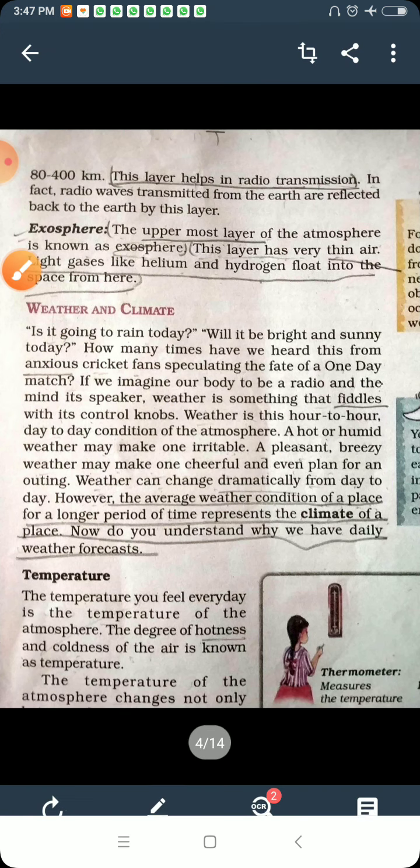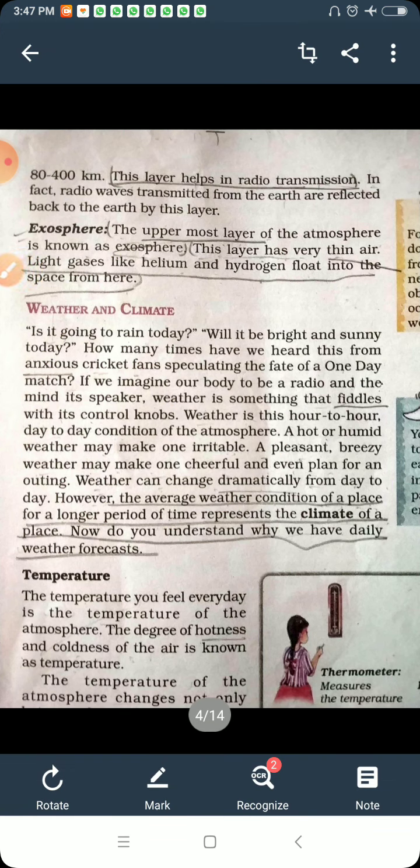Another is that weather and climate. So weather and climate is particularly in the form of definition, it is not discussed because last year we read about it. So weather क्या है? Weather है आपका day to day, एक ही दिन में जब आपको बहुत सारे changes आप देखते हो from morning